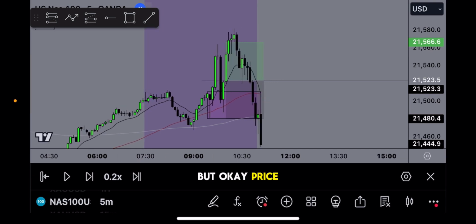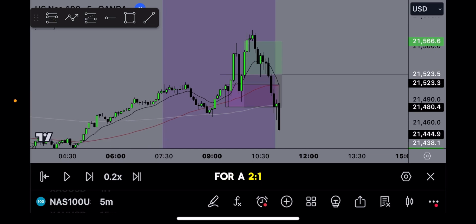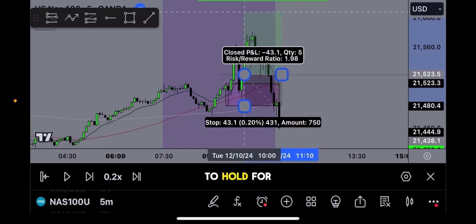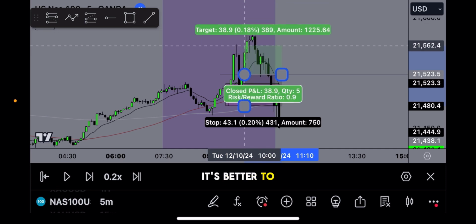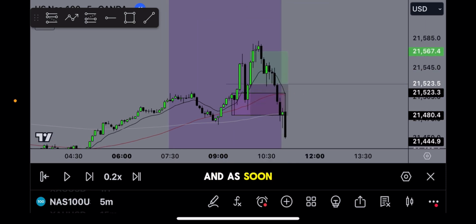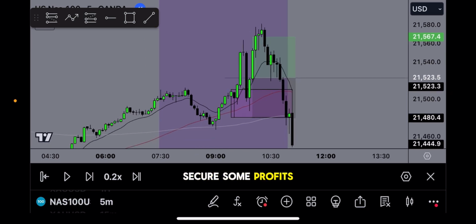Bam. Okay, price came down. If you would have kept holding for a 2-to-1, and you wanted to hold for a 2-to-1, right? Price would have rejected. So that's why at times it's better to just stick to the 1-to-1, and as soon as price reaches that 1-to-1 level, make sure you secure some profits. It could be 80%, it could be 50%, but at least make sure you close out the majority of the money